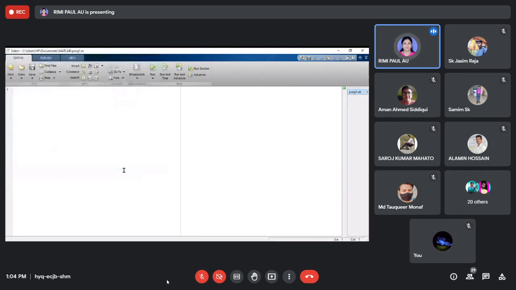Now you can see that under C, user, my laptop is an HP laptop, documents, it is saved under the documents MATLAB as program 1. The name is program 1 .m. So this is a .m file. Now whatever program you want to write, you can write here.